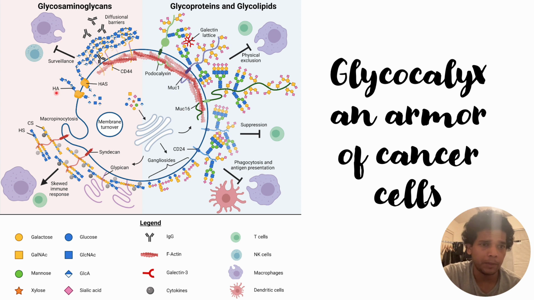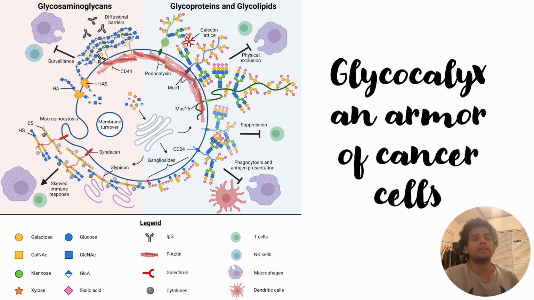Briefly, we can see the image. This is the image of the glycocalyx found around the cancer cells. In healthy cells, this glycocalyx is the first point of cell-to-cell interaction, and it contains various receptors that are able to trigger intercellular signaling, which is an essential function of cell-to-cell interactions. In this video, we will not cover the healthy interaction